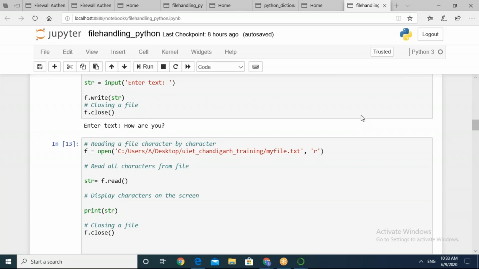Print str and close the file. So take 2 minutes to just do it. We will take up this new line in further examples, so you wait for that, right? For the time being, you just open the file in read mode.